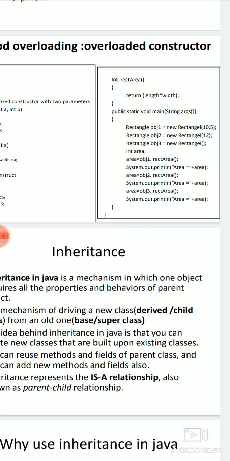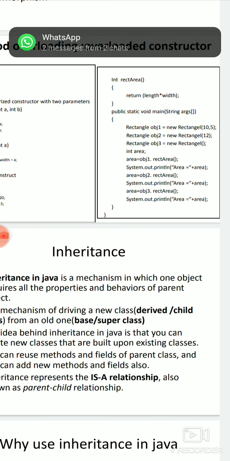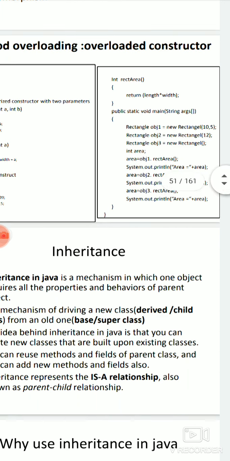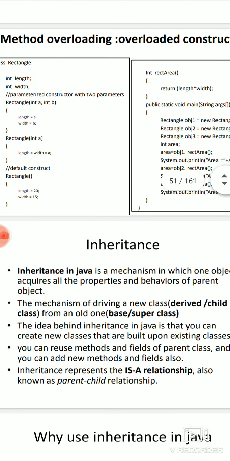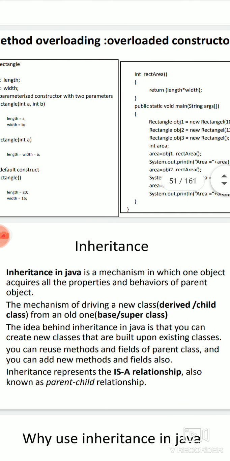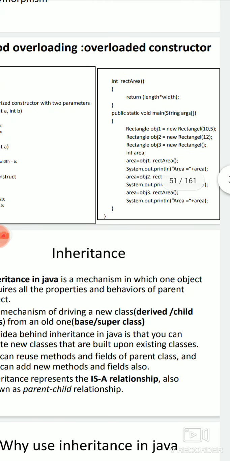Okay, so here we have created an object of Rectangle, that is obj1, and in order to assign the values or give it a memory space in the memory, you are using new Rectangle(10, 5). Now, you have three constructors with the same name: Rectangle(int a, int b), Rectangle(int a), and Rectangle(). So which Rectangle function will it map to?